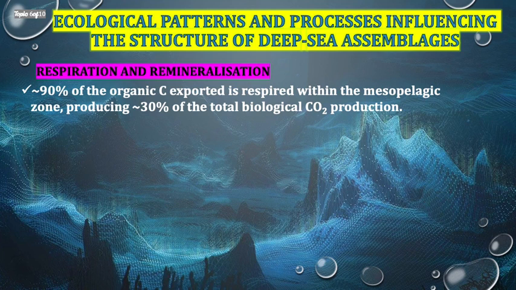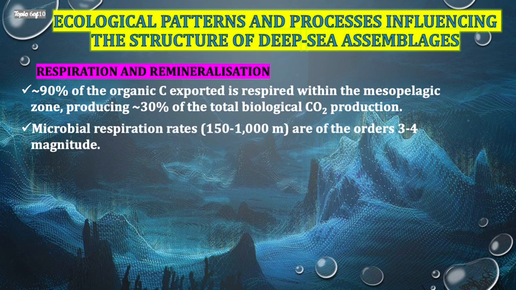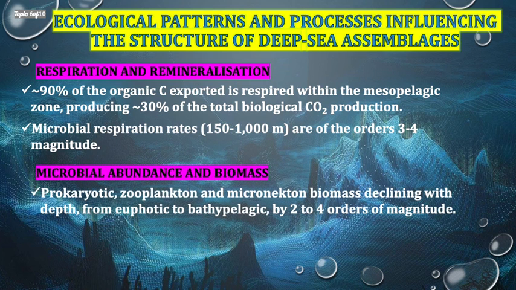Okay, so about 90% of the organic carbon is exported or respired within the mesopelagic zones, and that produces about 30% of the biological carbon dioxide production in the ocean. So the microbial respiration rate in the deep sea from 150 to 1,000 meters is of the order of magnitude of 3 to 4. So for the microbial abundance and